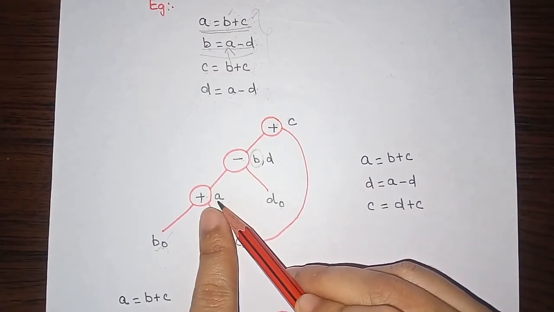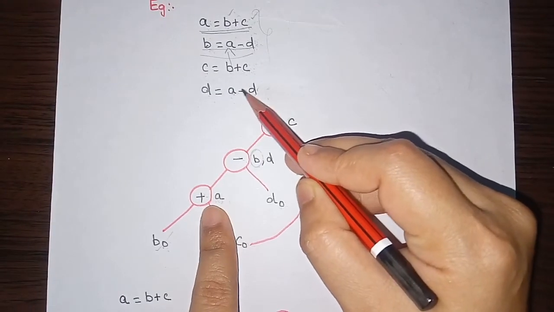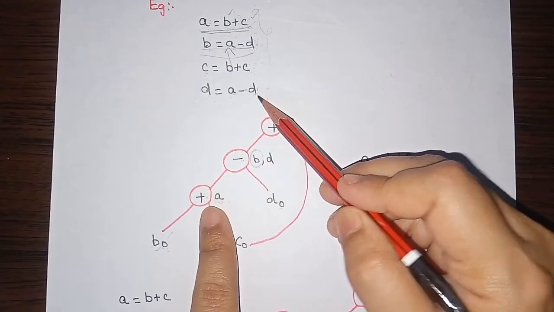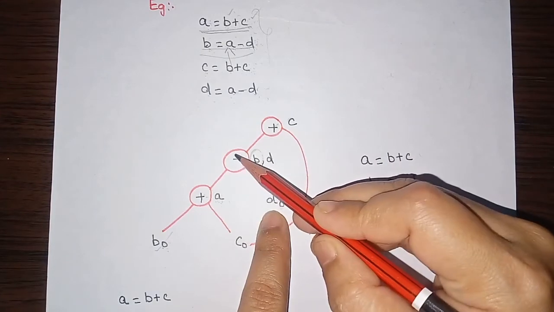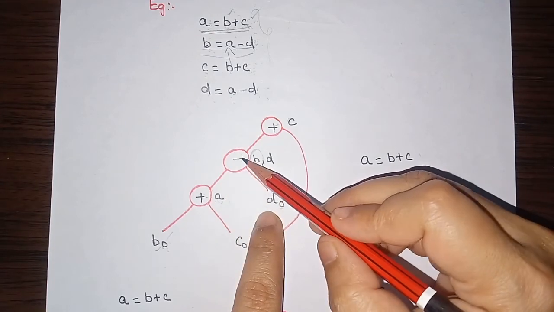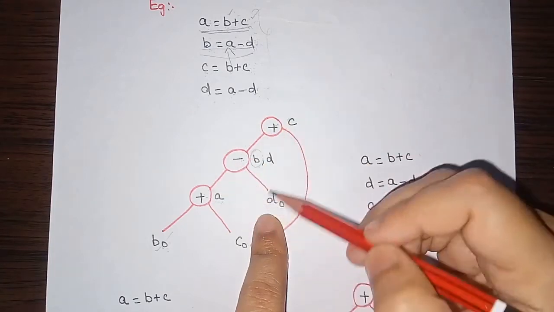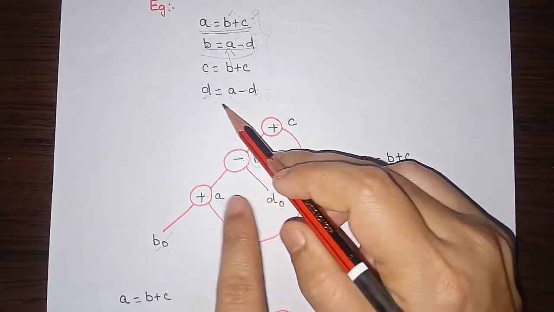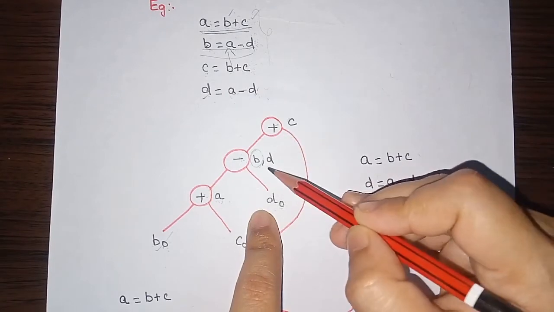So here we have a and here we have d naught, so we are going to perform subtraction here, right? So the operator is minus symbol. When you look at this, it is already there in the graph, right? Which means the graph contains the same children in the same order with same operator symbol. So if this is the case, no need to repeat this tree again. So what happens? I'm just taking the value d and I'm assigning this value to this d here. So just I'm taking it as b comma d.